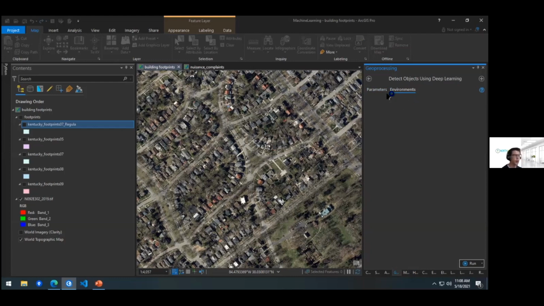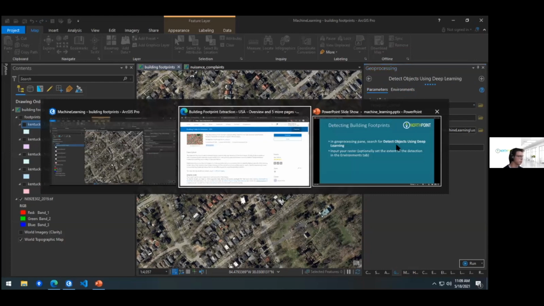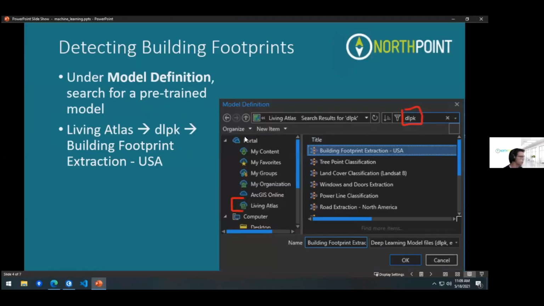If your computer is powerful enough, you might not have to adjust any of this, but for the sake of this computer that I'm on, it can't quite handle the defaults that are on there. So let me go to,